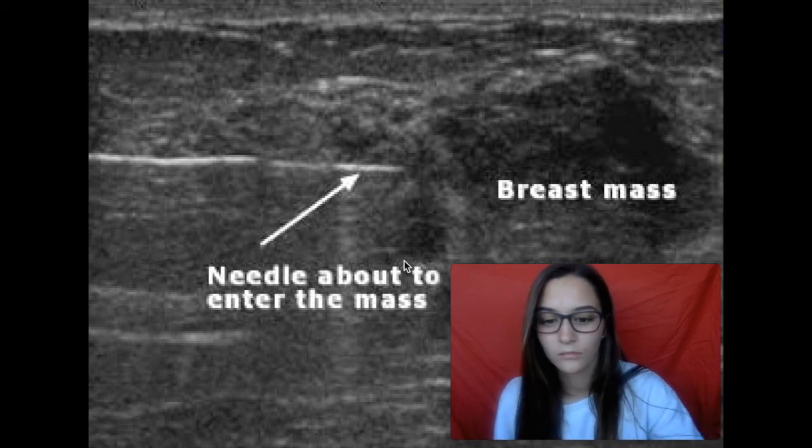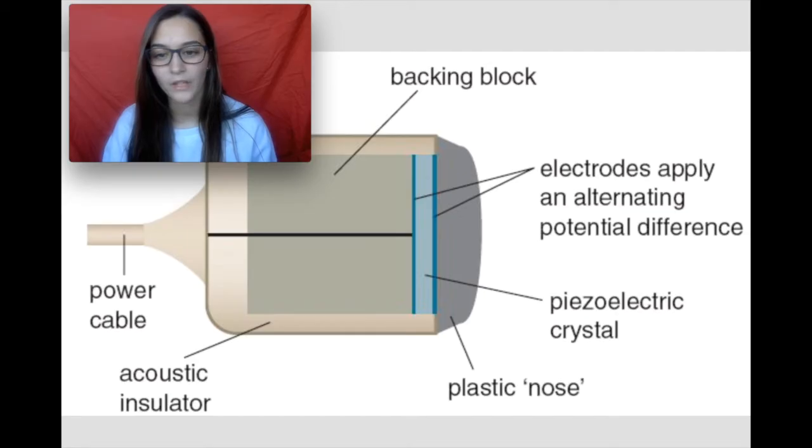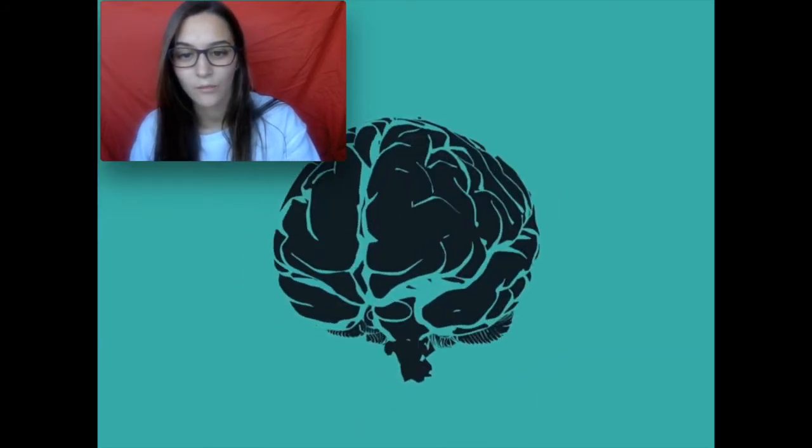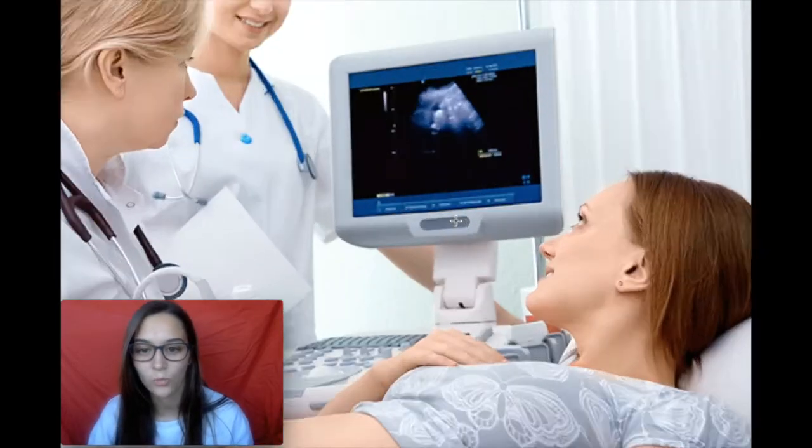to enter the mass. The average ultrasound machine has three fundamental parts: the transducer or the probe, the central processing unit or CPU, and the display monitor. The transducer is the main part in producing the image. It emits the sound waves and receives the reflected sound waves, and then this data is sent to the CPU. The CPU is ultimately the brain of the machine, as it sends the electrical currents to the transducer, which get converted into mechanical waves. It then receives data from reflected waves and calculates an image which is shown on the